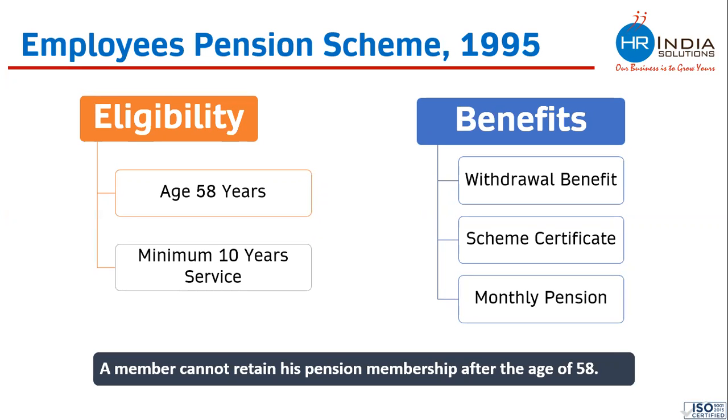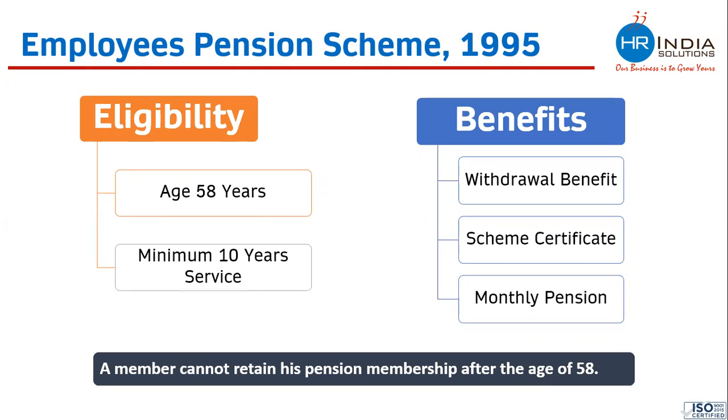Without completing the 10 years also, you mean to say? Yes. Withdrawal is, look, pension only starts when you complete 10 years. We are saying that withdrawal is always possible before the completion of 10 years. Entire withdrawal is always possible. Pension will only start once you touch 10 years. Before that, at 7 years or 8 years, you have the right to take your entire money back from PF and pension both.